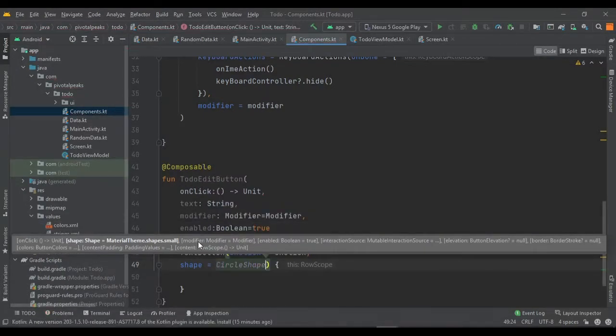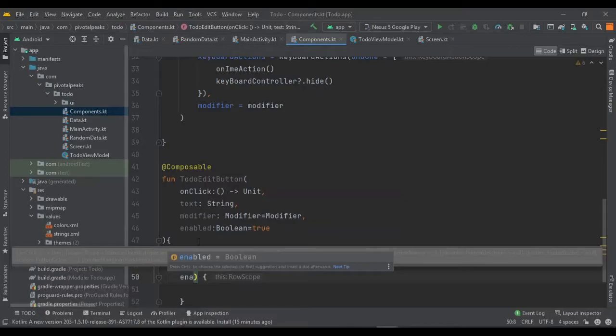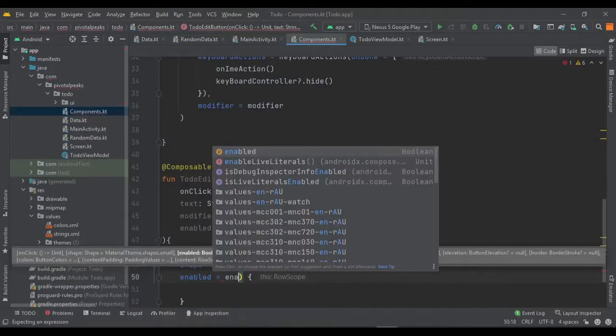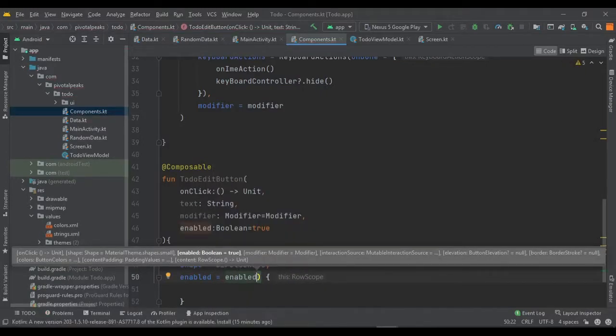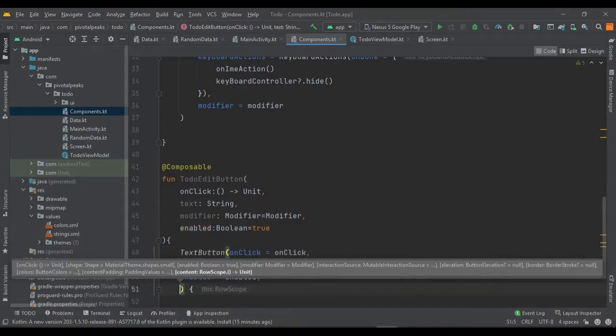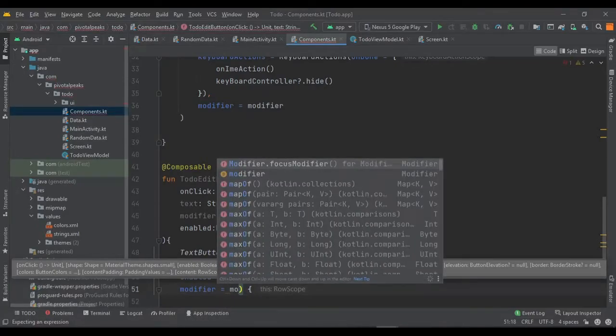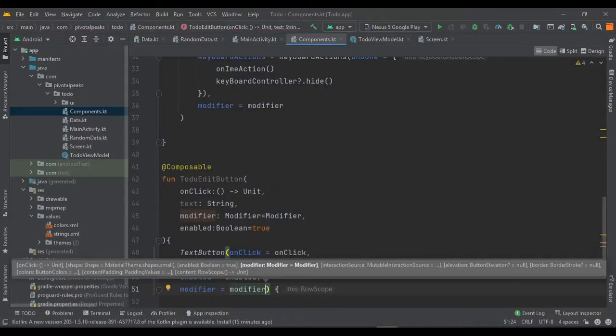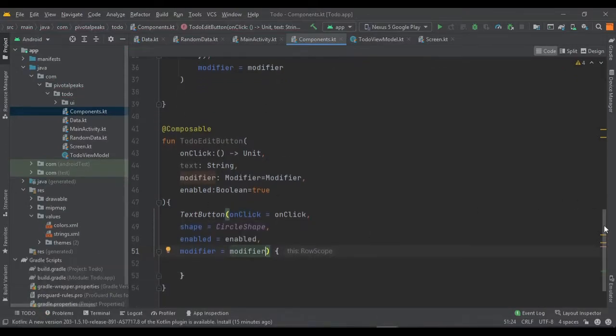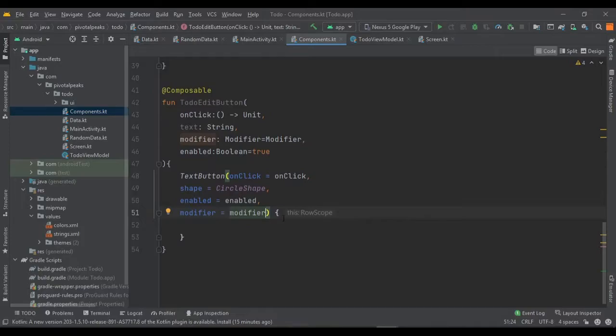And the third parameter is going to be the enabled, so let's give the value of enabled, and last is going to be our modifier. So let's set modifier equal to modifier, and then our button is done.